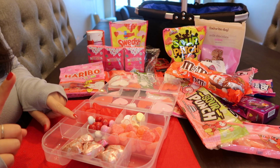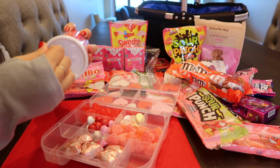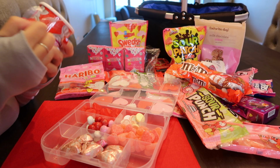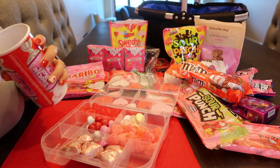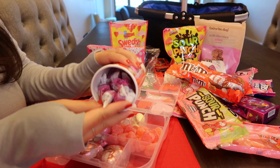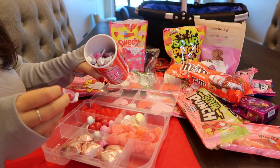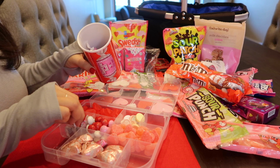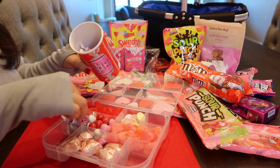Perfect. And we have 1, 2, 3, 4 more slots. So let's maybe do some Tootsie Rolls. I don't know if she likes Tootsie Rolls, but I think they'll be cute. Let's just see what these look like. I have no idea. And cute, they are just Tootsie Rolls in like a Valentine's Day colorway. So we will put those in here. Because I don't know if she likes them or not, but...